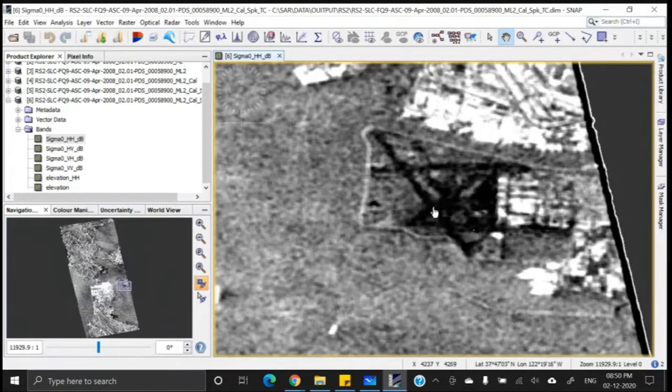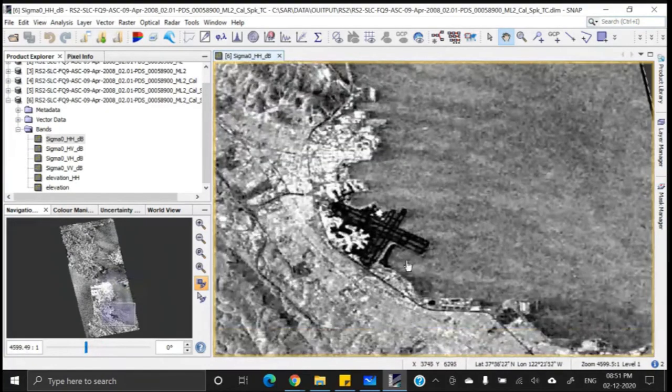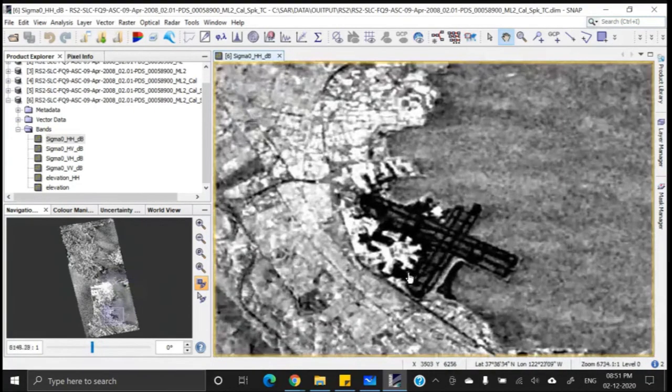Because of the specular reflection, the energy is going outside of the location of the sensor, and the energy is not coming towards the sensor, and it is appearing very black, extremely black.